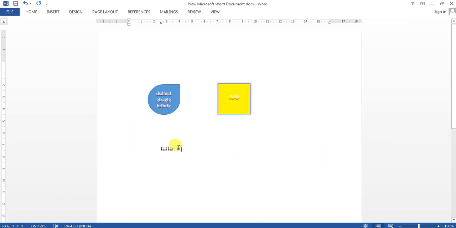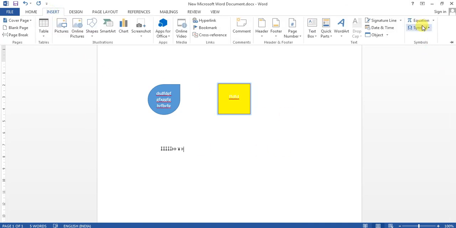So in this way the symbol will get inserted. From here you can insert the symbol.